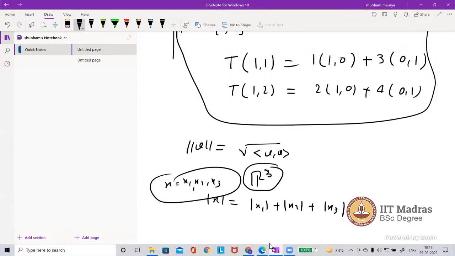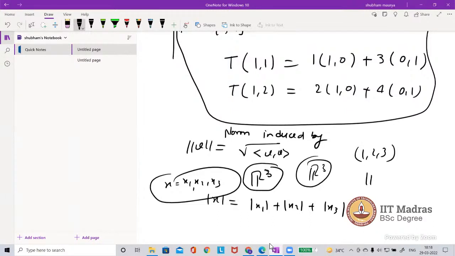So see, sir is saying a norm on R3, not a norm induced by an inner product. Don't confuse them. Could you please repeat again, sir? Norm induced by... take a vector 1, 2, 3. If I have to find the norm of this particular vector, whatever I have understood so far,